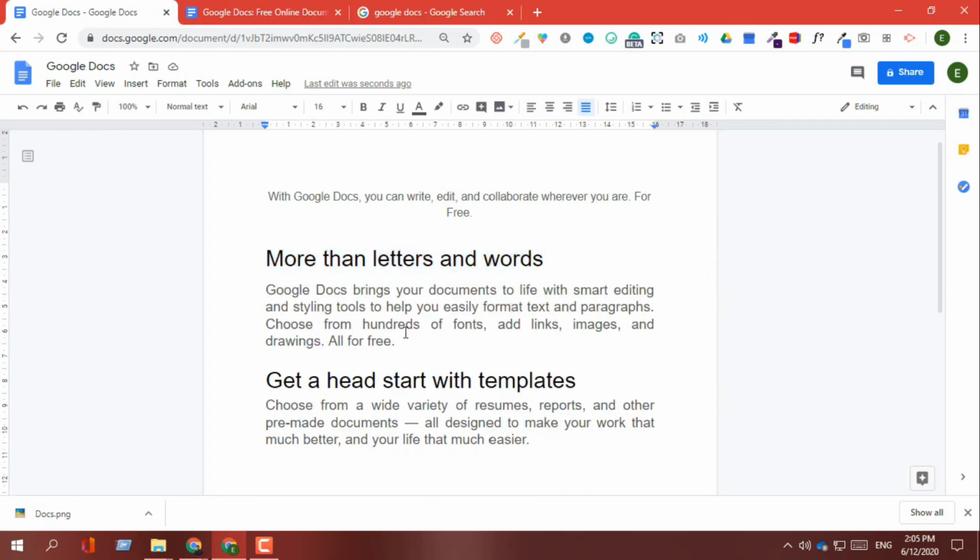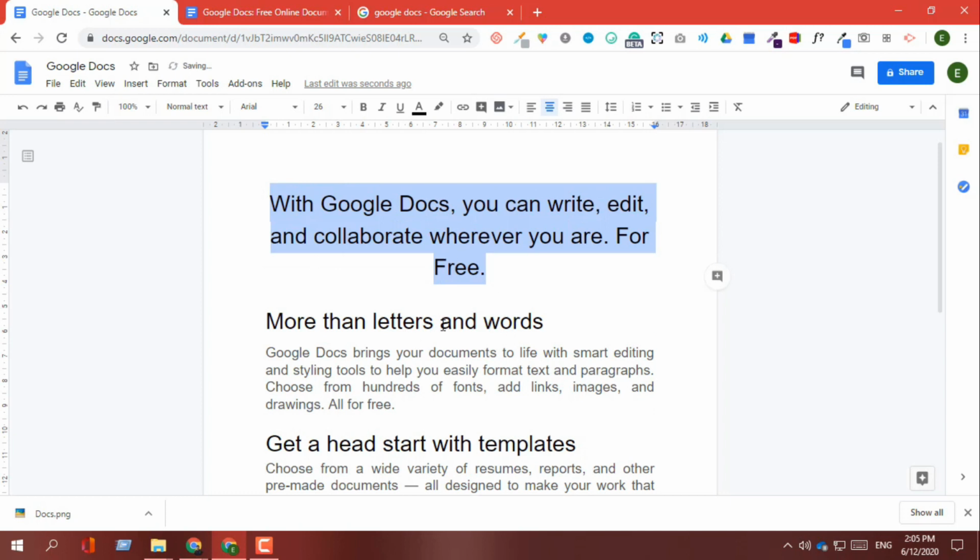And now this is the paint format. There are three different formats I have used in this particular document. One is this, and there is this one, and another is this one. So if I want to keep this particular format for this one as well, just click on this particular sentence, click on this paint, and if I select this one, it will be changed like this one.